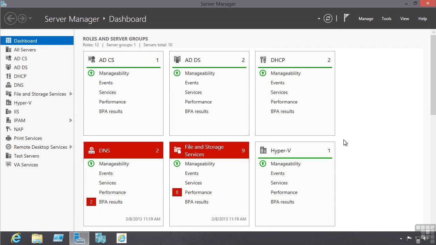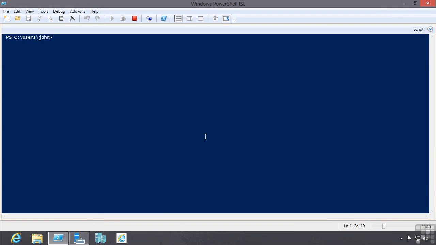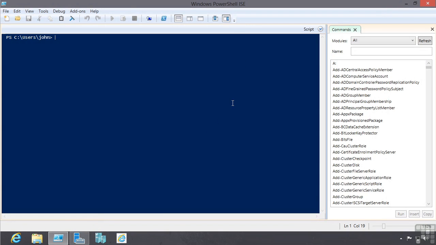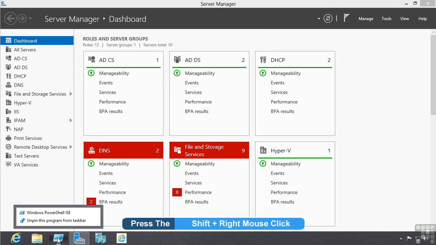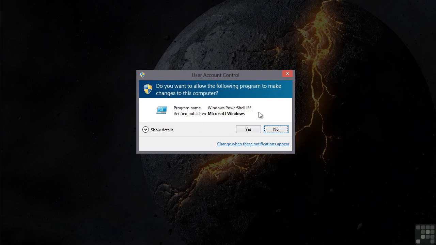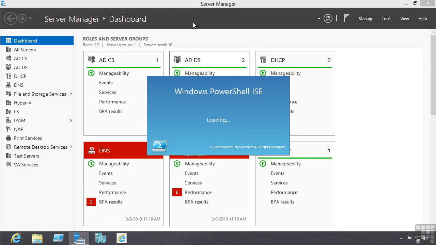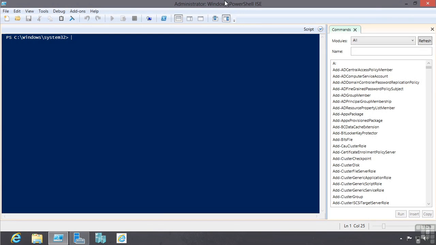Now what's important is, again by default, I'm not going to use that administrative power. So for example, if I just launch PowerShell here, it's just starting this under my user credentials, so it appears to work, but many commands would not actually function because I'm not an administrator. What I actually need to do is, if I right click, I don't see an option, but if I press Shift and right click, I can say Run as Administrator. It's asking me, hey, do you want to access your administrative credential? I say yes, and now what I'll see is Administrator: